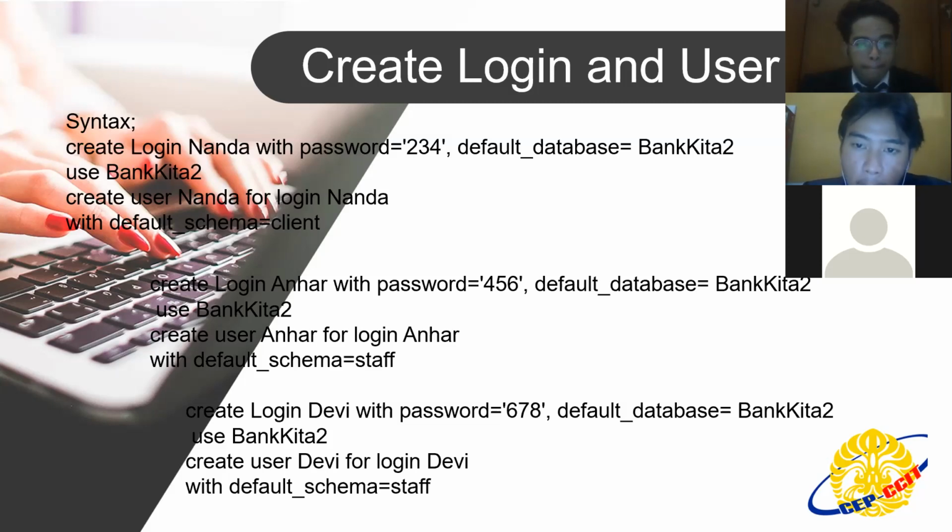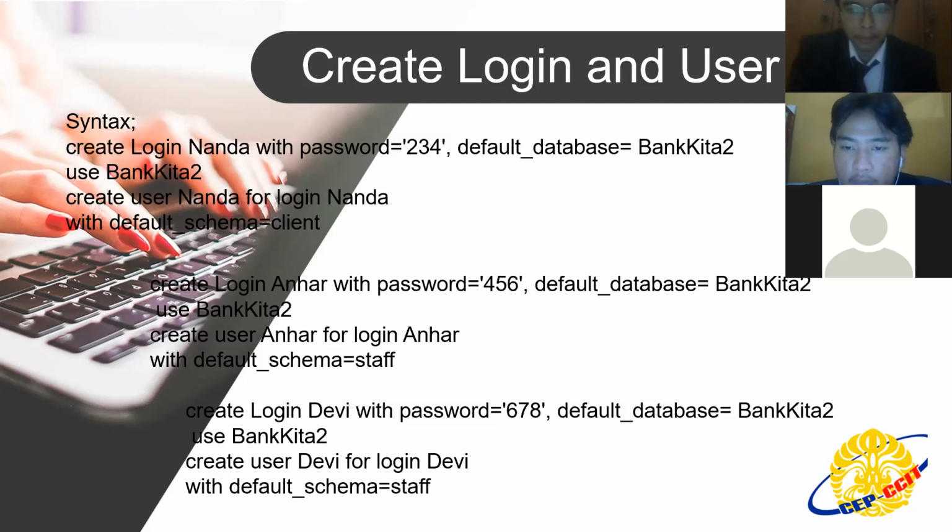client nasabah, and the create login Anhar with the password like number one, but the difference is Anhar login. Anhar is the login staff keamanan, and the default game is staff keamanan, not the default game client.